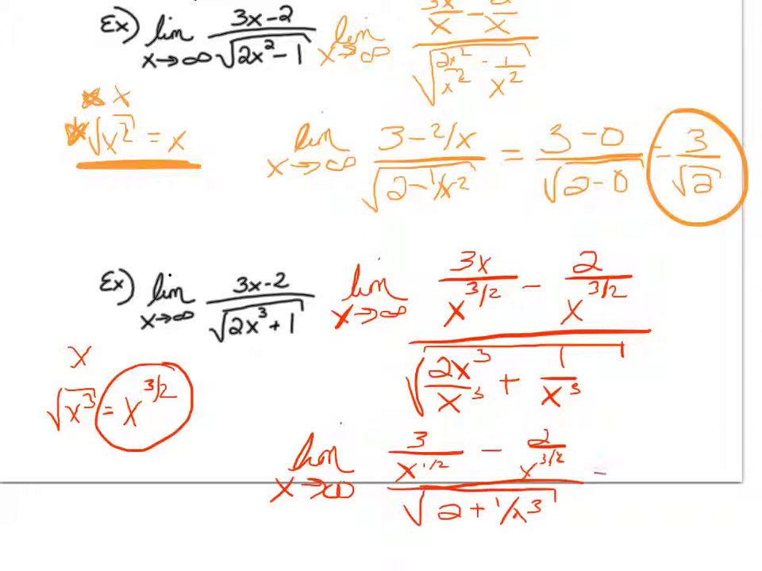I plug infinity in. On the top I get 3 divided by the square root of a huge number is still going to be 3 divided by a huge number, so I'll get 0 minus 0 all over the square root of 2 plus 0, which is going to give me 0 over the square root of 2, which I know is going to reduce to 0. Looking at one more topic,